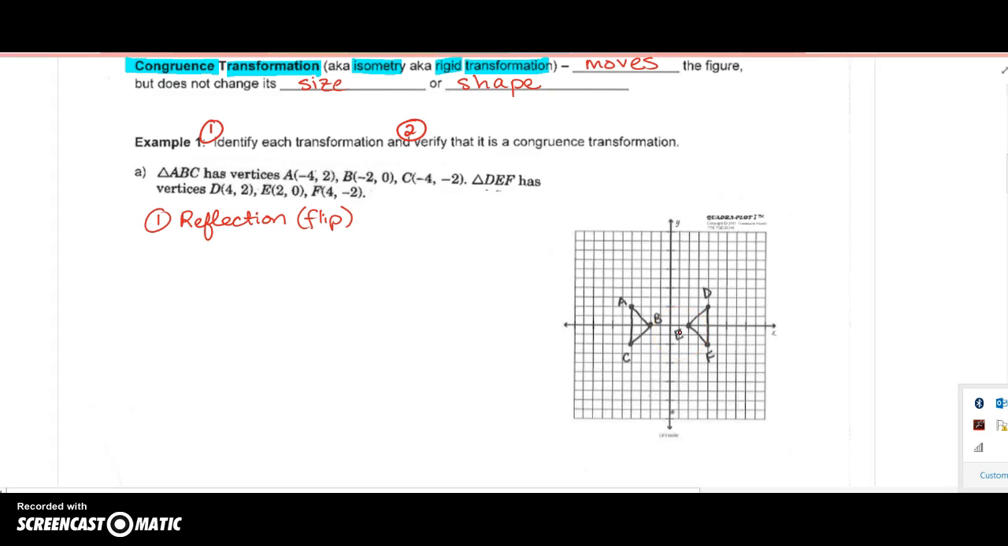And if it was a translation, it would have been facing the same way. It would have just been moved up, down, left, or right. So this is a reflection, since it looks like it was just flipped across the y-axis. And then to confirm that this is indeed a congruence transformation, we're going to confirm that all the sides are congruent, all the sides are the same length. So we have side AC, side CB, side AB on the first triangle, and we're going to confirm that those three sides are congruent to